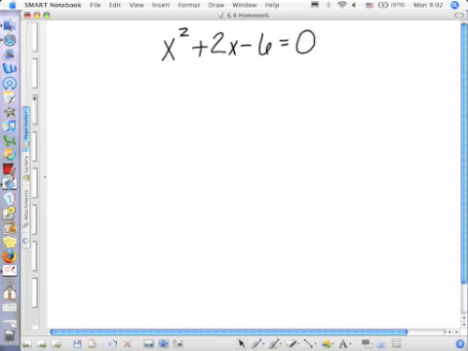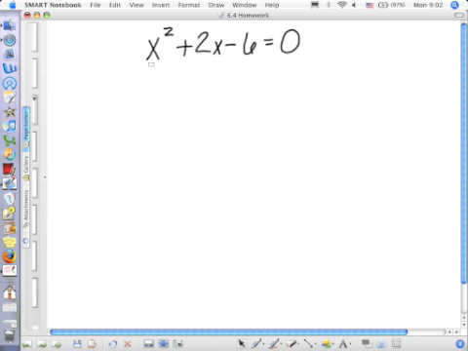Okay. There are no factors of 6 that subtract to give us 2. We cannot factor this trinomial. So we need to make sure that that's not a perfect square trinomial, which it's not. Then we need to make sure the x squared term has a 1 coefficient, which it does. Okay? And we've got to set this up to complete the square, which means that we are going to isolate,